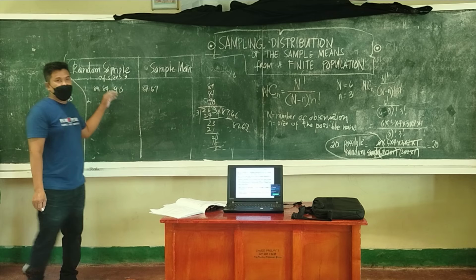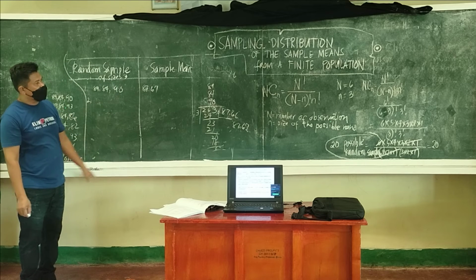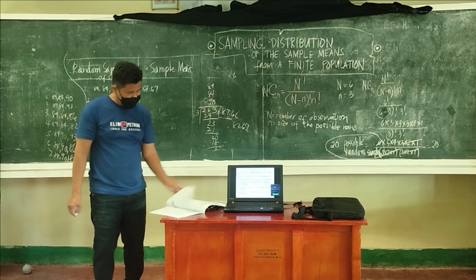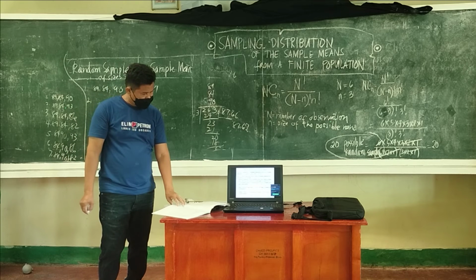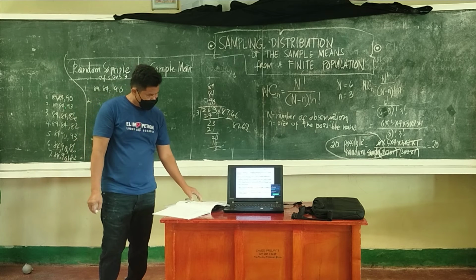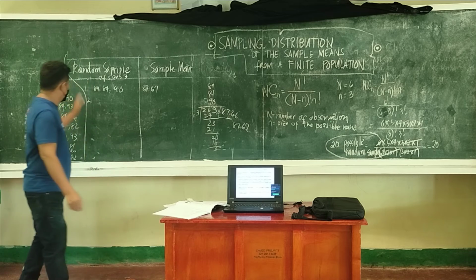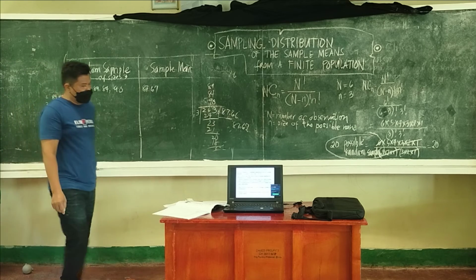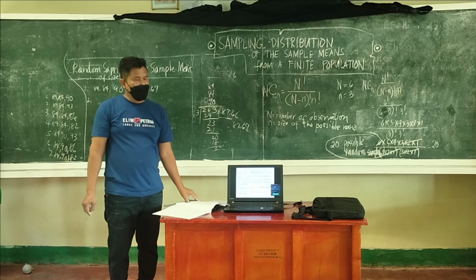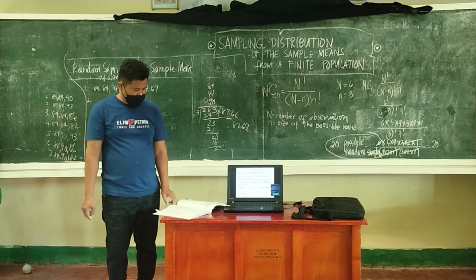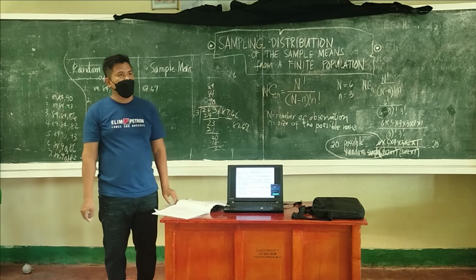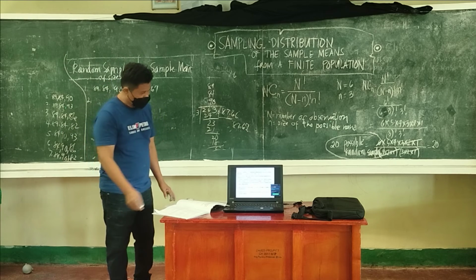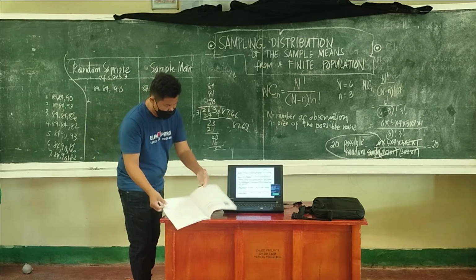so after solving all of this, all the 20 possible random samples, we are going to... Okay, you are through with that one. So let's have another example. I want now group 1, anybody from the group that will answer. But before that, let us have